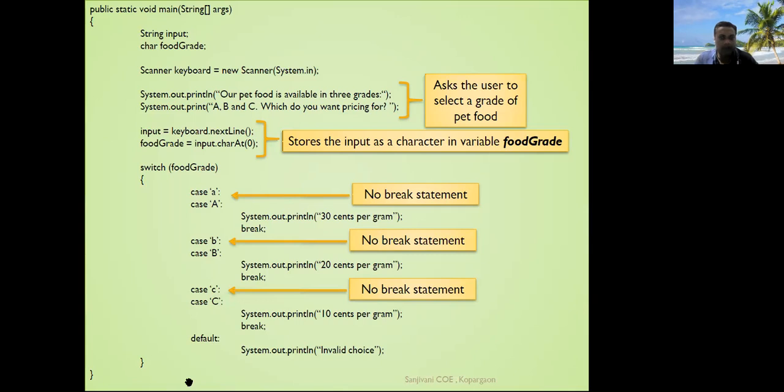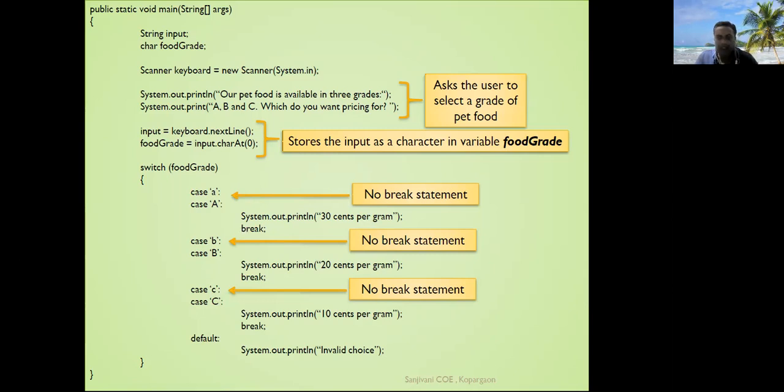Here, for example, if you see, after case A, after case B, after case C, no break statement is specified. If the user enters the food grade as small a, then it will execute the case A and also execute the case capital A, and then it will transfer the control out of the switch.